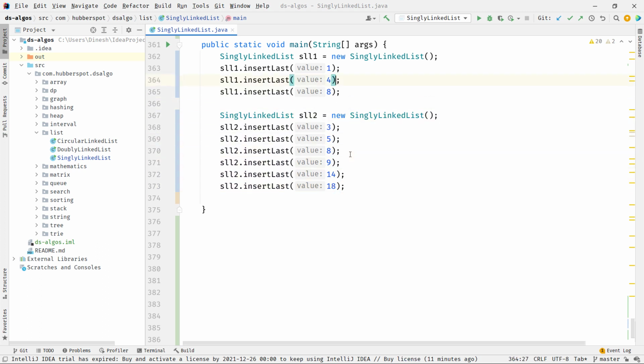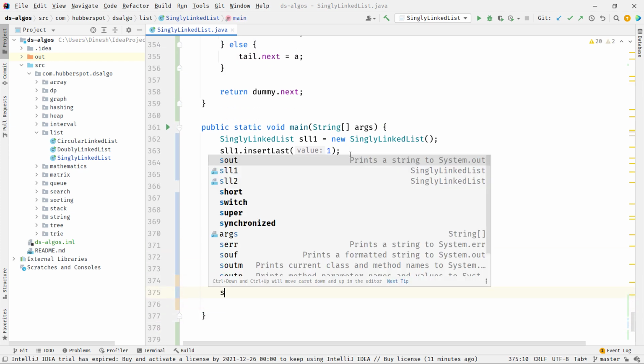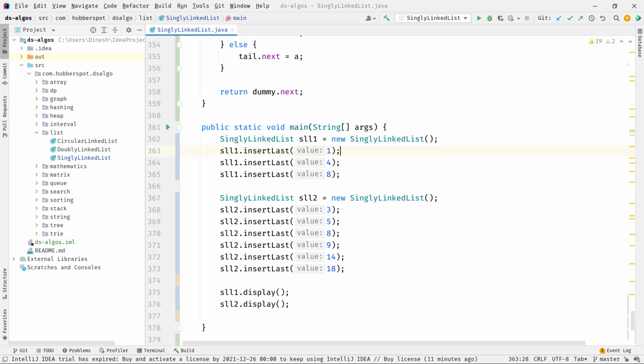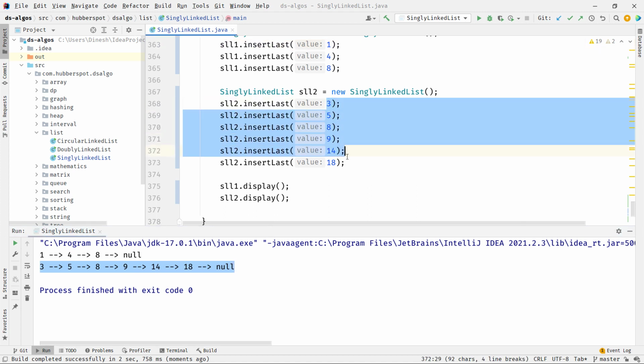So here after 8, the first list will get exhausted and we can directly place the remaining list via this if else block. So if I do dot display, so currently if I run the code, here you can see we have these two singly linked lists which are sorted: 1, 4, 8, and 3, 5, 8, 9, 14 and 18 like this.